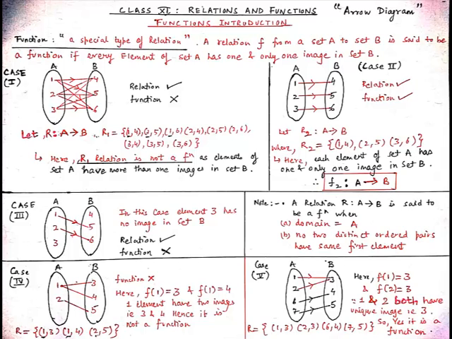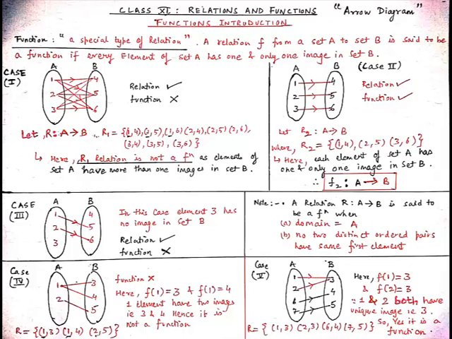Now we will see case 4, in which the elements of set A are 1 and 2 and the elements of set B are 3, 4, 5. In this arrow diagram, 1 is related to 3, 1 is related to 4 and 2 is related to 5. Let us define a relation R which is equal to {(1,3), (1,4), (2,5)}. As you can see, f(1) will be equal to 3 and f(1) will be equal to 4. So the element 1 has two images, which are 3 and 4. Therefore, the element 1 does not have a unique image. So, student, it is also not a function.